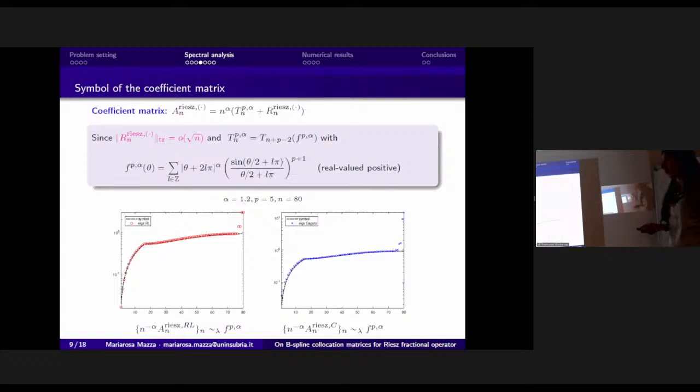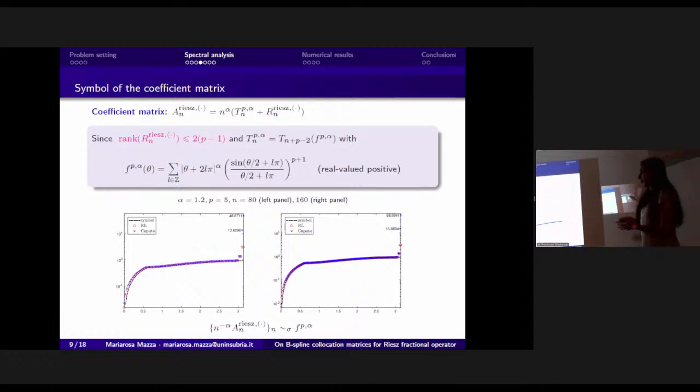And then what we can say from the theory is that this function is still giving information on the whole matrix, not only the Toeplitz part, independently of the choice of the formulation for the derivatives, Riemann or Caputo. And note that there are a few outliers, and the number of these outliers depends just on p and not on n. The other thing that I would like you to observe is that in the Caputo case, we still have these outliers, but the larger outliers have a magnitude that is greater than the one for the Riemann formulation.